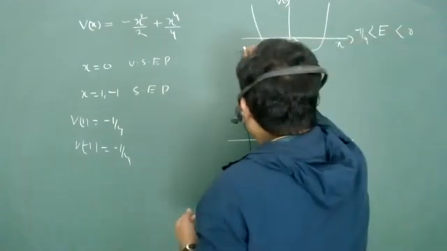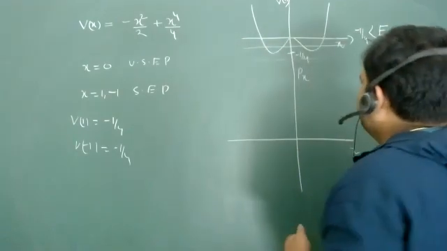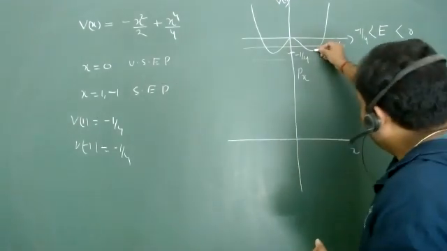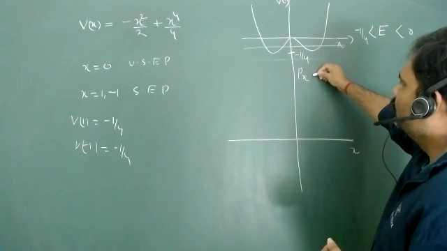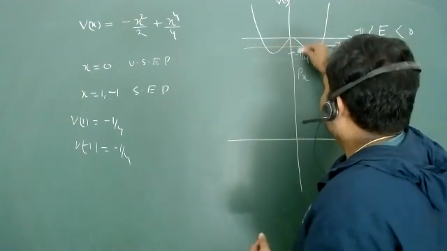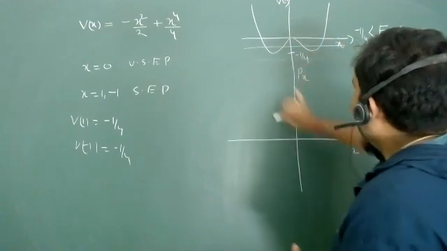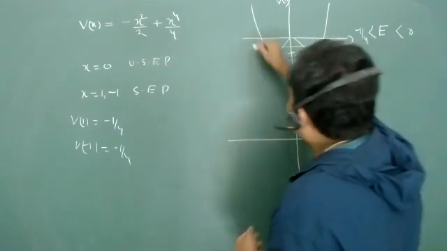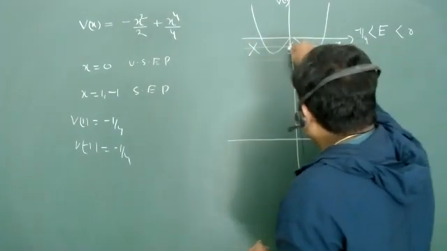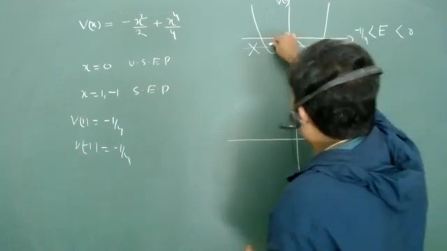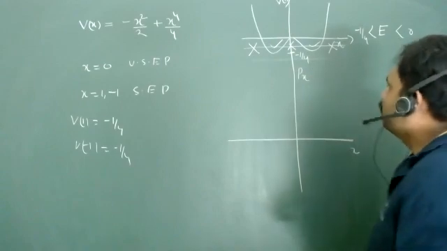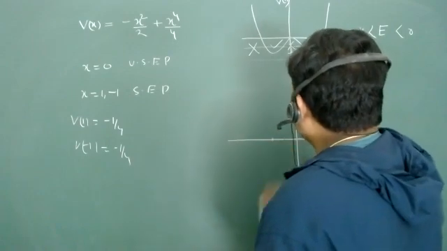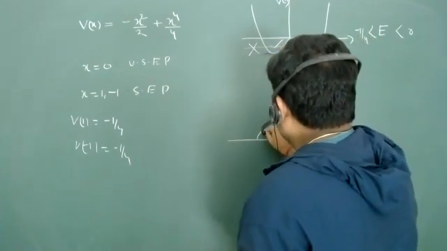So if I have this sort of energy, which is negative but greater than minus 1/4, we cannot go lower than minus 1/4. In this region, if my energy is between minus 1/4 and 0, my particle is trapped either in this valley or in the other valley, because this region is classically forbidden, this is an allowed region, and this region is also classically forbidden. So what will happen in this valley? It is bounded exactly, isn't it? So it is bounded.